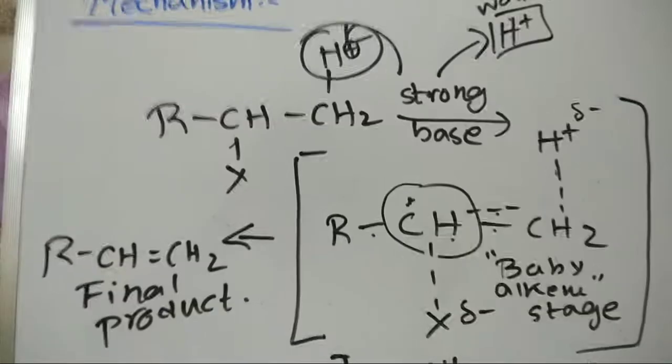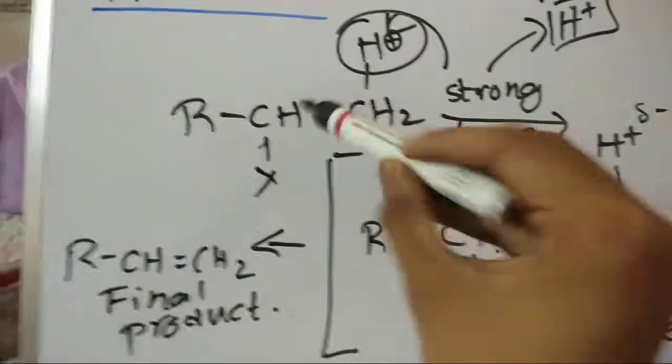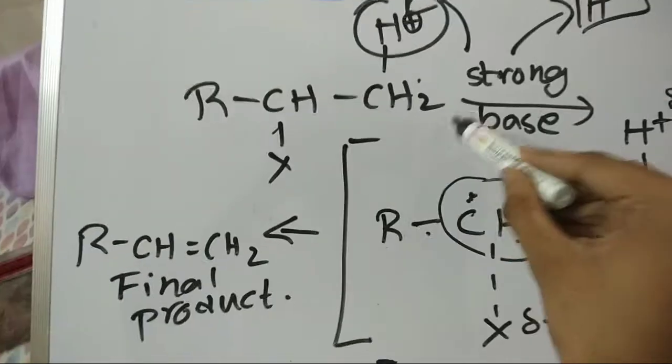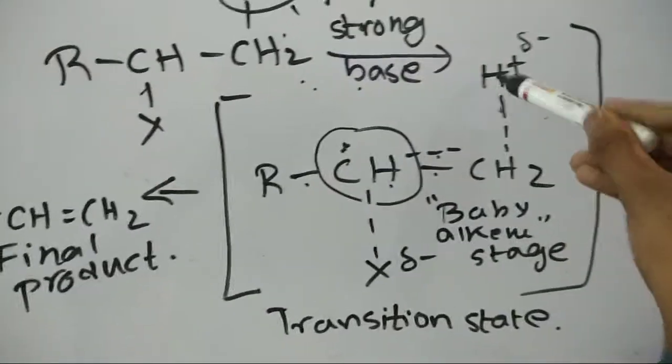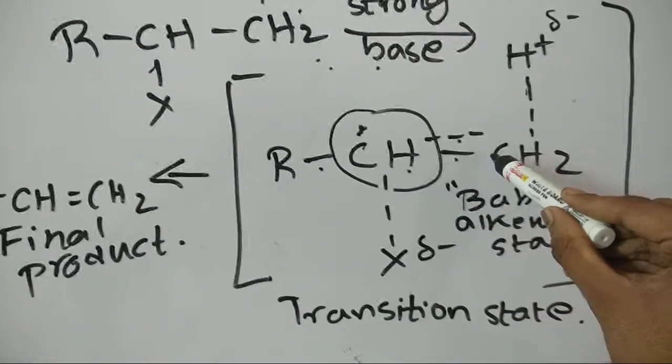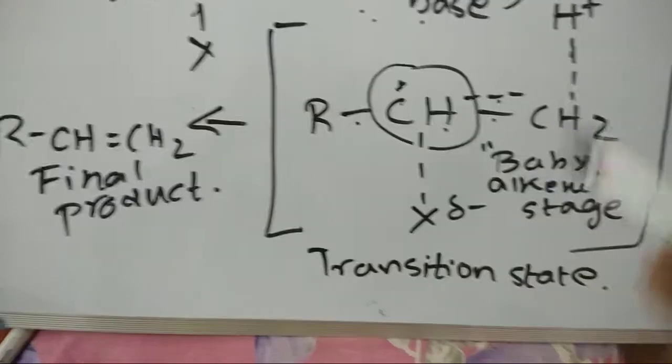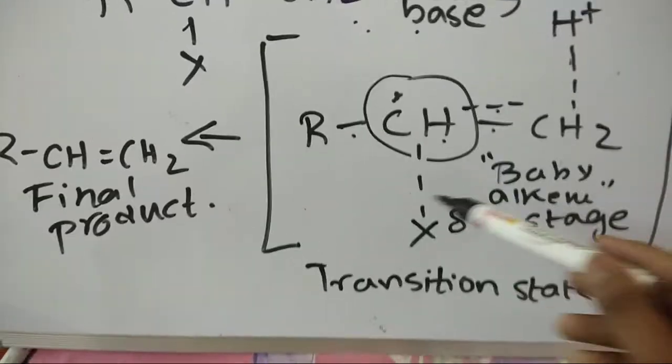So summing up from the first, once again, a strong base is applied. It will want to take our H plus. So the H plus will leave. So there will be formation of a partial double bond. Due to the formation of the partial double bond, this carbon will have 5 hands, which is impossible. For this, it will tell this